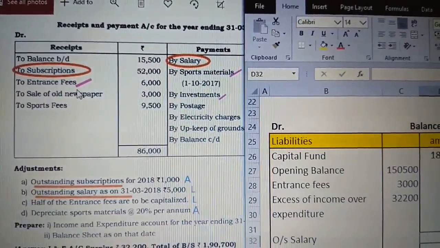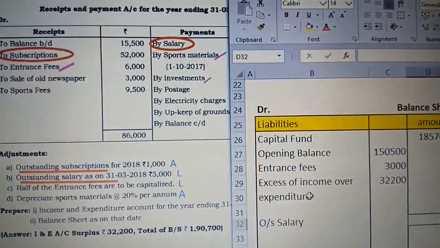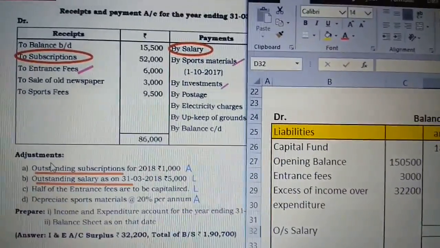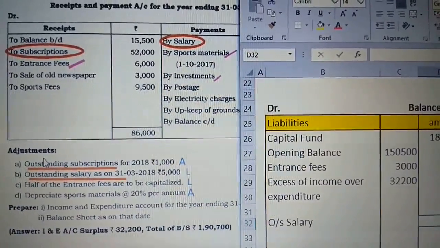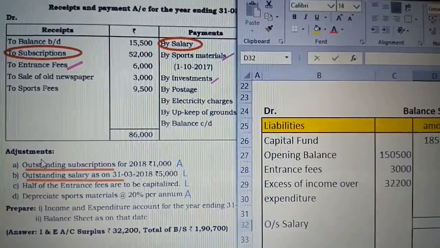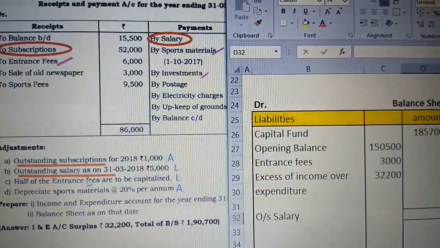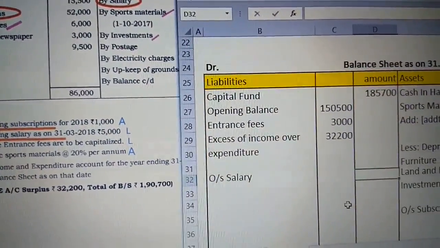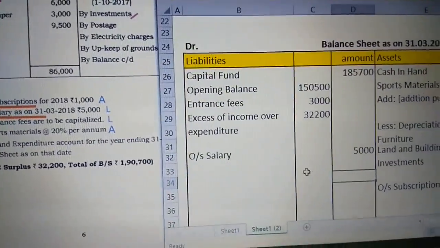Now going on to the outstanding salary under the adjustment. Now just concentrate. We have completed the receipt side as well. Only one item was there, entrance fees. We have taken that, and surplus also is completed. Now moving on to the adjustment. When you're going to concentrate on this, you have to check step by step from the opening balance, then the items under receipts and payments account, and then go for the adjustment. Now just have a glance at the adjustment. We have one thing which is left out, outstanding salary. This is the second time which we need to take under the liability side. So 5,000, I'm taking it directly under the outer column.